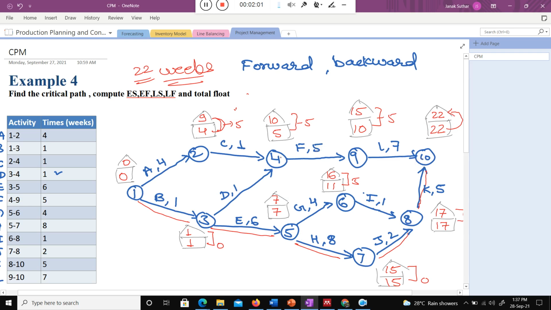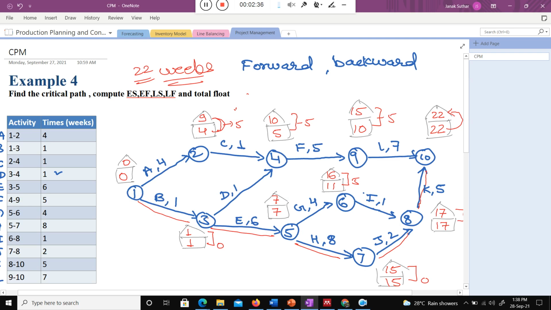So even if I focus on a non-critical activity and reduce the time related to it, it will not impact my project time. Even if you reduce that time, it will not reduce your project time. If you really are interested in reducing the time of your project, then focus on the activities B, E, H, J, K, which come into the critical path. Then definitely you will reduce your project time. So you need to focus on the critical path, and only then can you reduce the time.